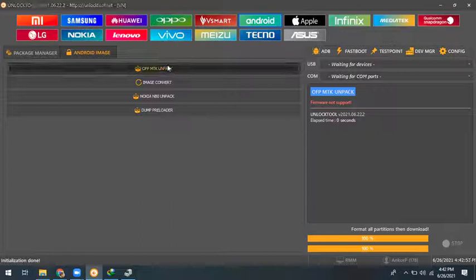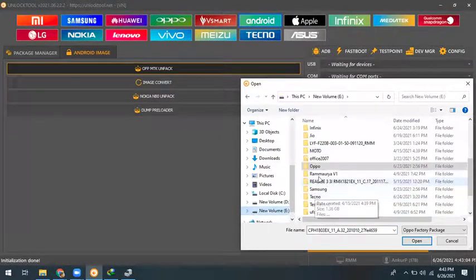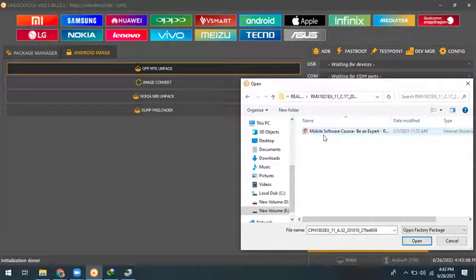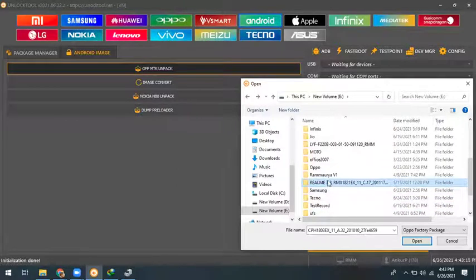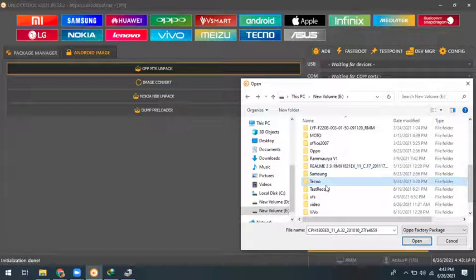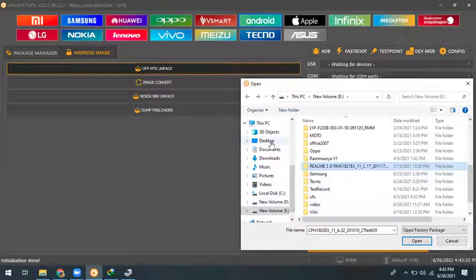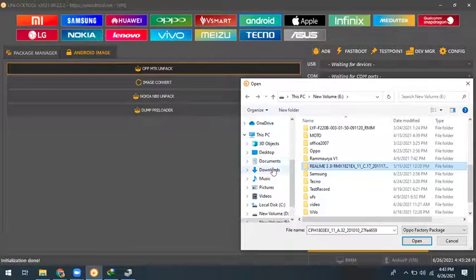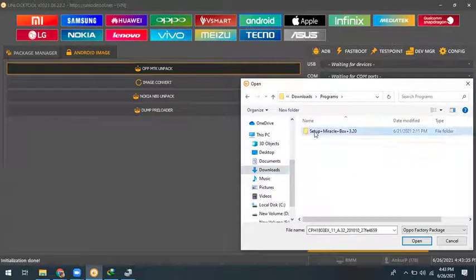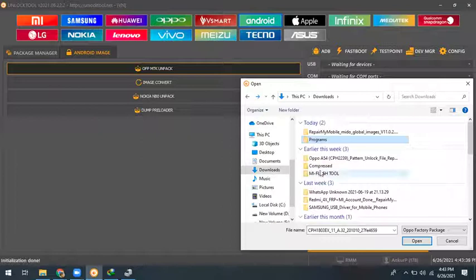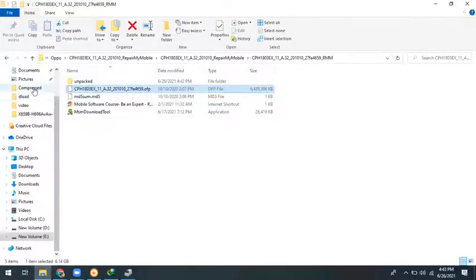Okay, we take an example of OFP for MTK, Realme. First we have to unzip our file.